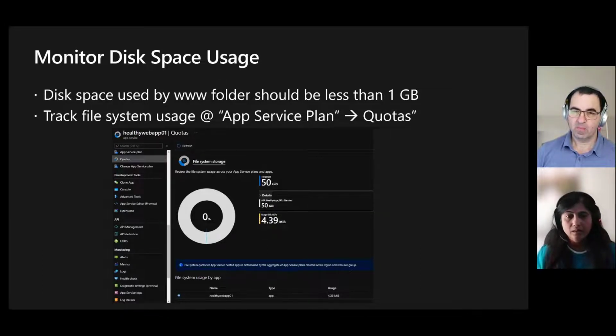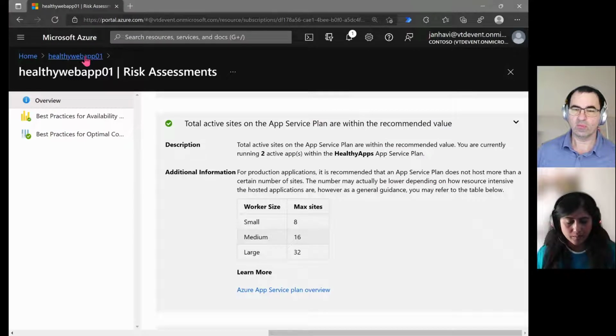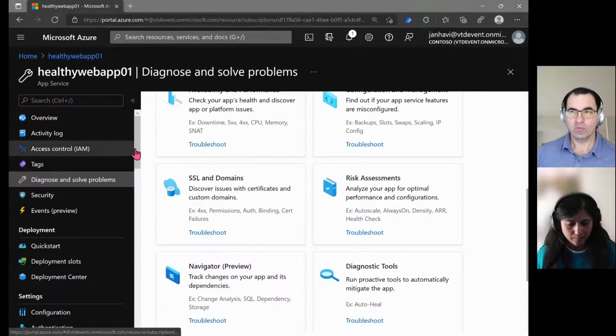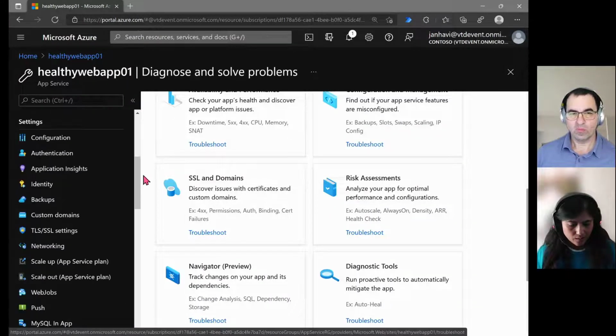So you ensure that the disk space used by your www folder should be less than 1 gig. Now, it's a very healthy practice in reducing the downtime during the app restarts and improving the application performance there. And you can look for this quota. So if you go back to your Azure portal, and let me come back to the main web app menu. And if I scroll down here,